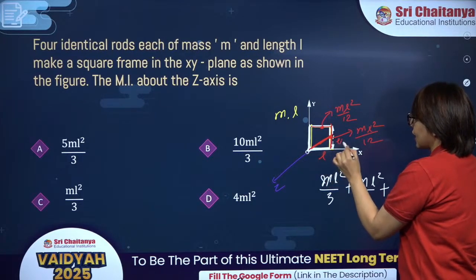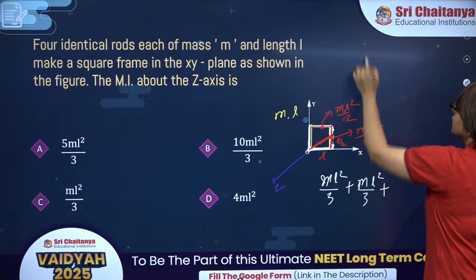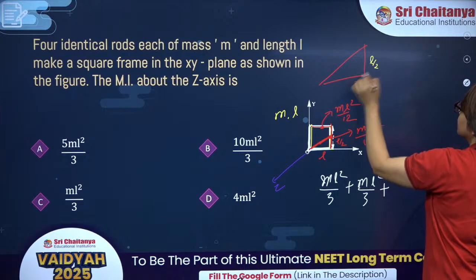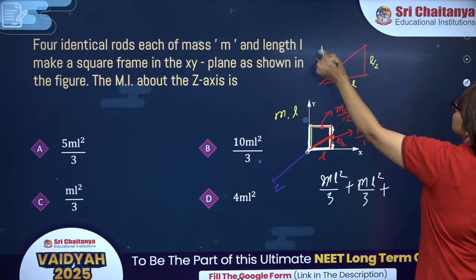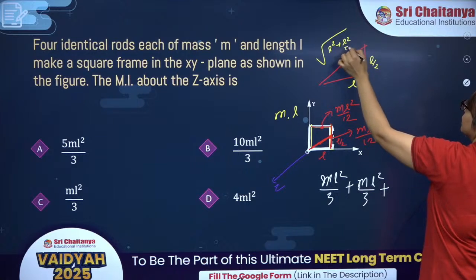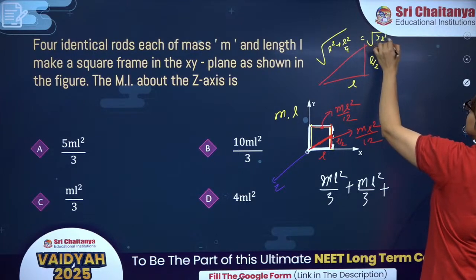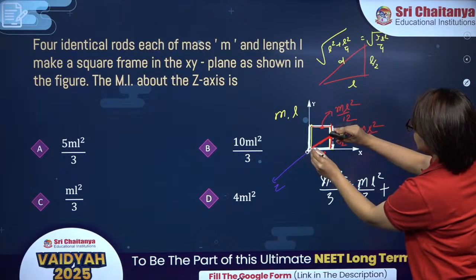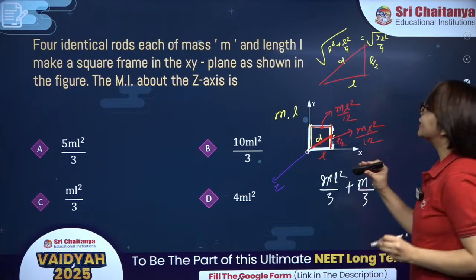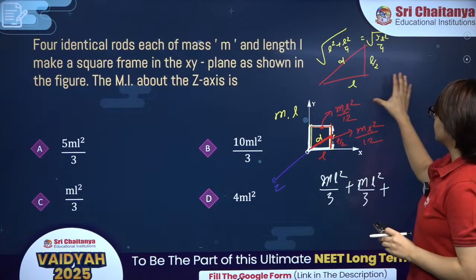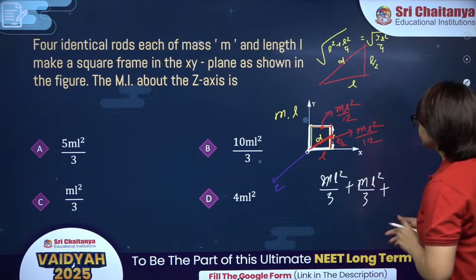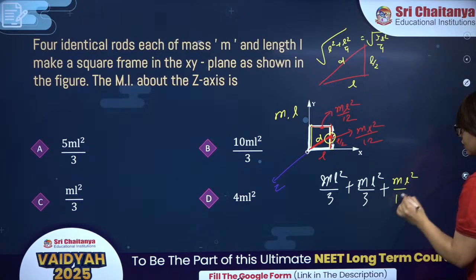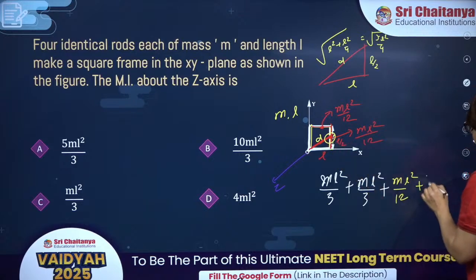So this is L by 2. Fine. So this will be, if you apply Pythagoras theorem, let me change the color, L by 2 and L. So it will be under root of L square plus L square by 4, which is under root of 5 L square by 4. This is nothing but the D. Right? This axis is like this and this is like this. So this is nothing but the D. Alright. So over here, for this rod, moment of inertia will be ml square by 12 plus md square,